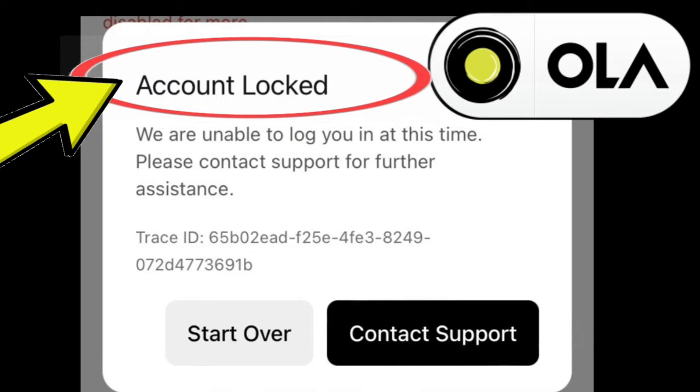If you're encountering an Ola app error that says, "Account locked, we are unable to log you in at this time, please contact support for further assistance," to unlock your account, please reach out to support for assistance, providing the trace ID, 65B02ADF25E4F38249072D47736991B. For solutions to the Ola Cab app error, consider checking their support resources or contacting Ola Cab support directly,